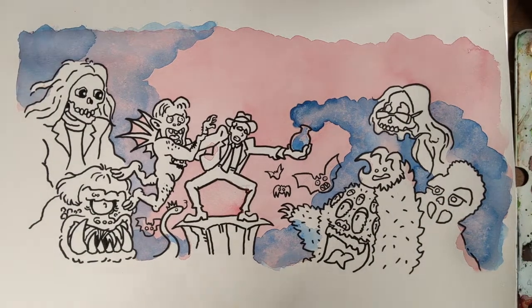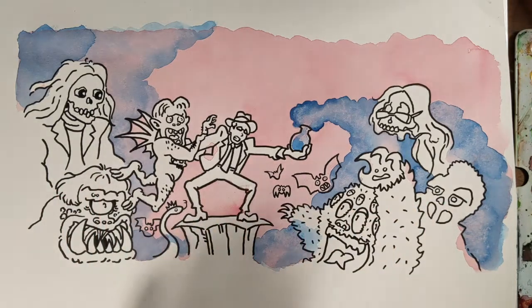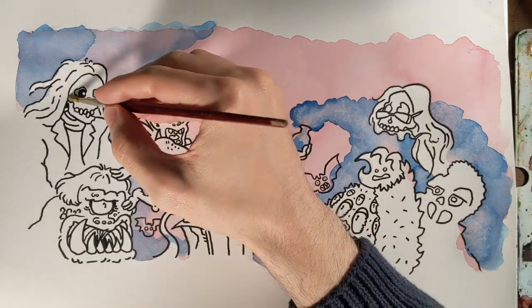But okay, so now I pretty much have the background type stuff done. I'm gonna start working on the figures, and again I'll try to work light to dark. Sometimes I do something before I shouldn't have, but it's okay. It'll be fine. And just so you know, not every single thing that's happened so far has been completely planned, but I'm very happy with it so far, so hopefully I don't mess it up. But yeah, so